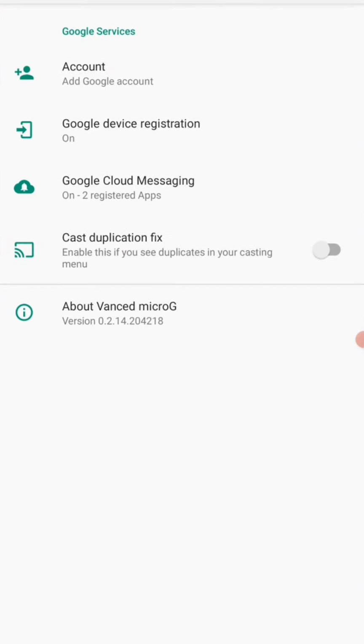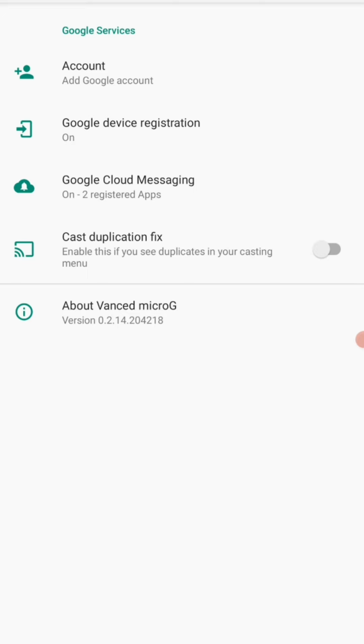I have uninstalled that one, advanced MicroG here. This is a different variant. You should install just MicroG or MicroG core services on your devices. Here I have installed this one, advanced MicroG, to show you two apps that are flavored with Vanced.